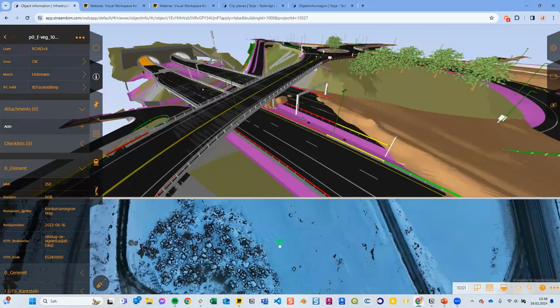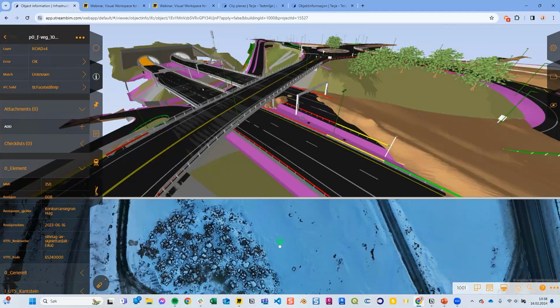So all the information you have on the file will be visible or available in StreamBeam. DGN, I'm not sure what kind of format that is. Maybe you know. That's MicroStation, I believe. We don't have that supported right now.